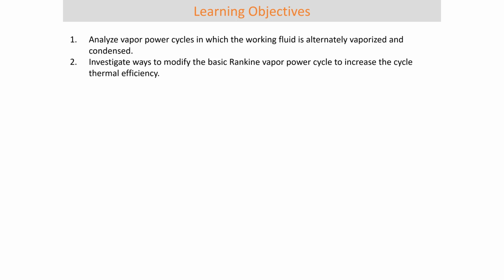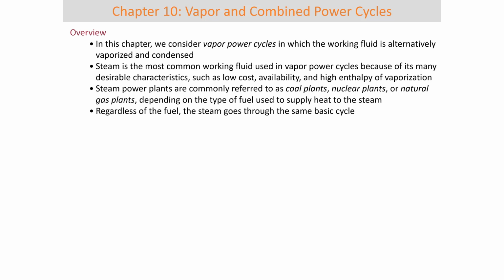Go ahead and get started with chapter 10. Basically, in chapter 10, what we're going to be doing is analyzing vapor power cycles, in which the working fluid is water and it's alternately vaporized and condensed. In this chapter, we consider vapor power cycles, in which the working fluid, again, as I said before, is alternately